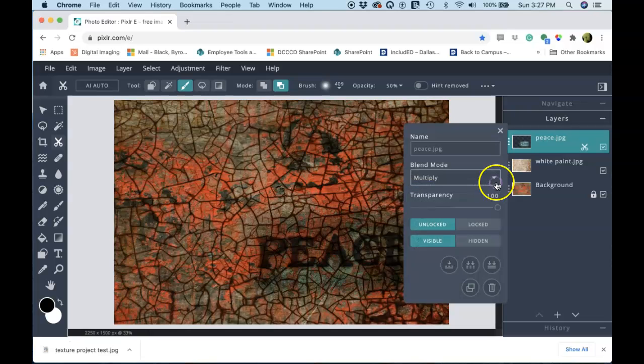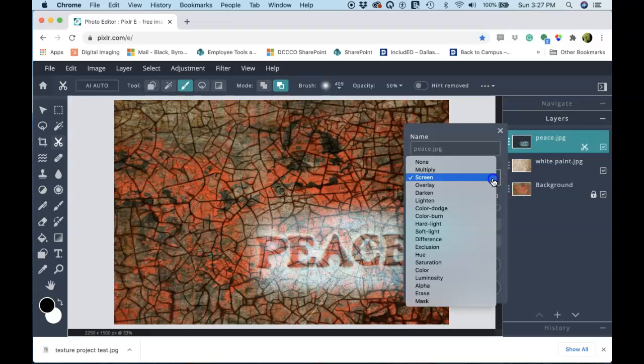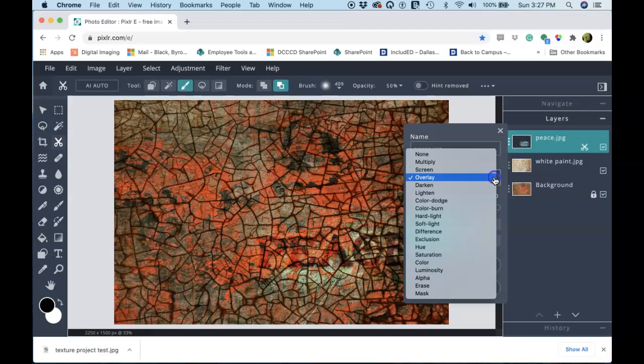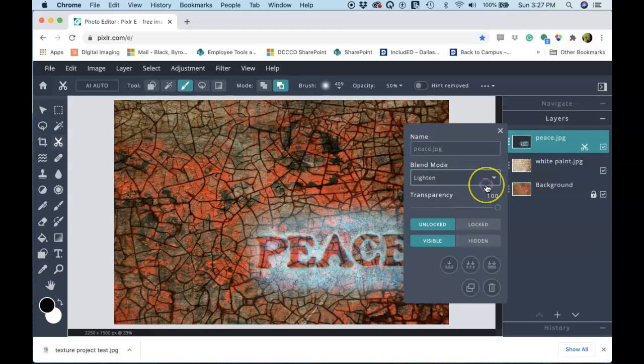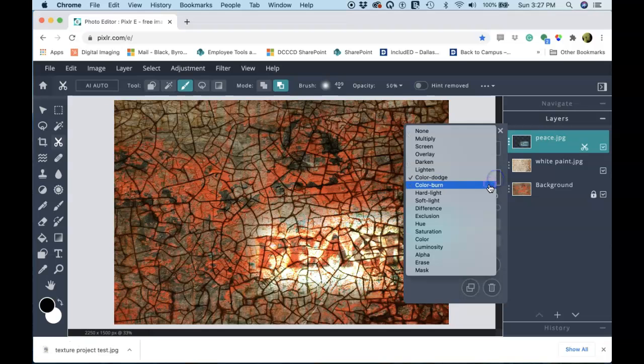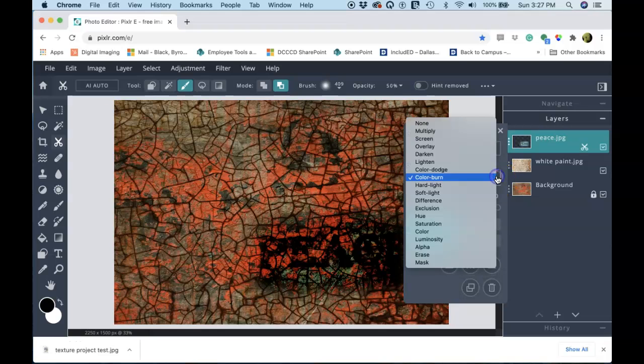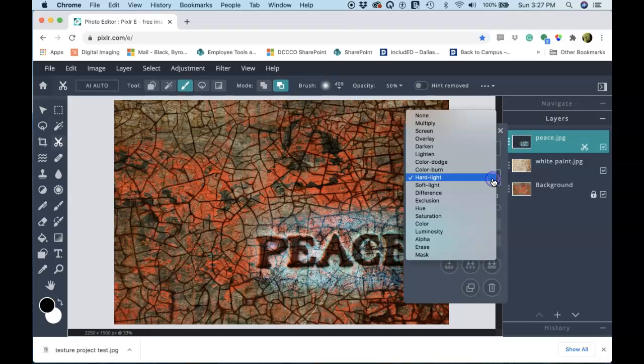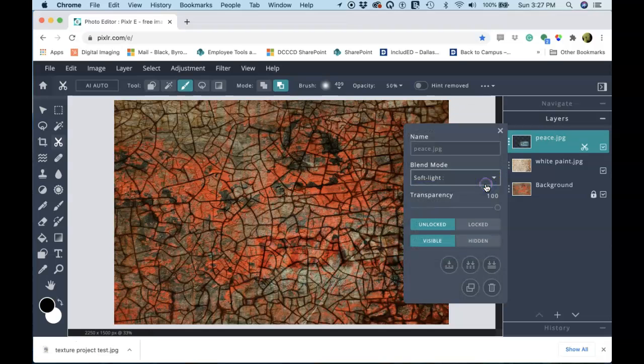So if you're not sure what these do, you can cycle through them and just look for the one that gives you the effect that you're after. That one's not bad. It allows that blue to show through. In fact, that's really what I'm after here. I want something that allows that blue color to show through because I'm working on a complementary color scheme, orange